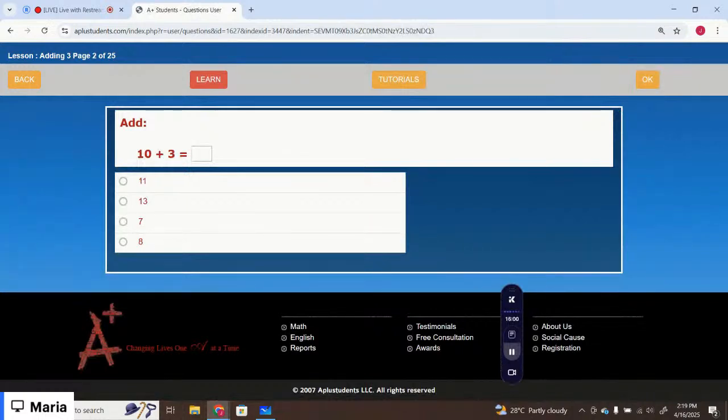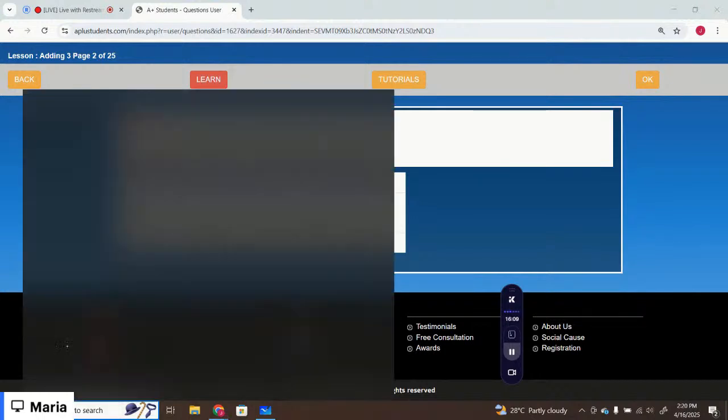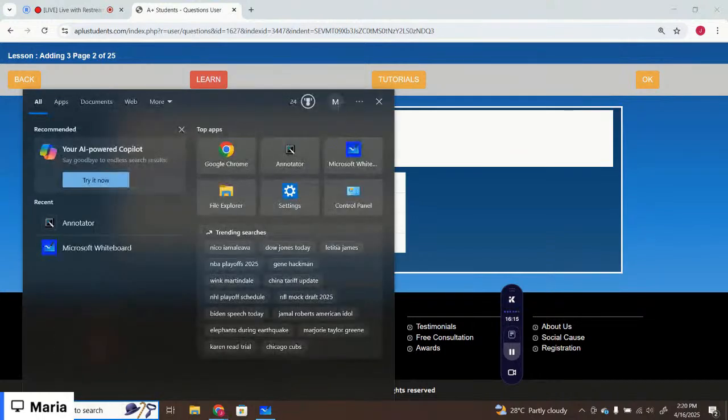10 plus 3. Start with 10 and count to the 3. Always start with the greater number and count the